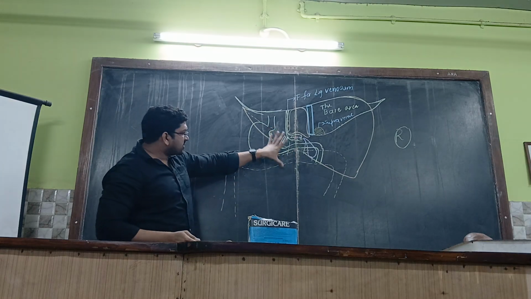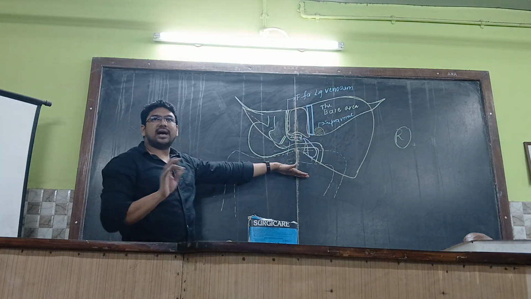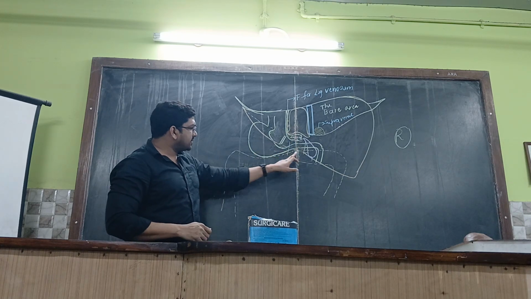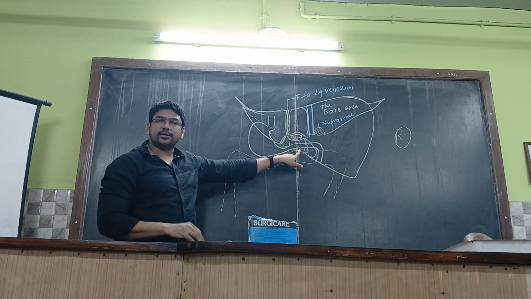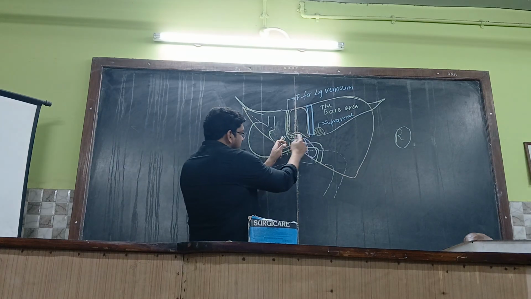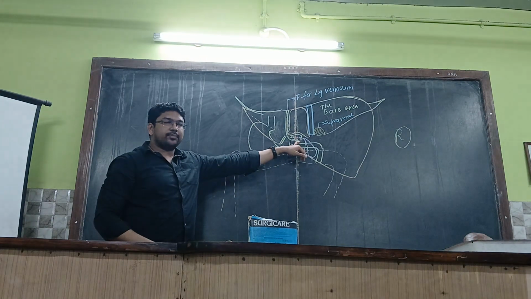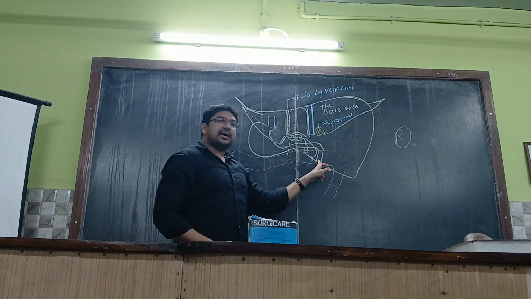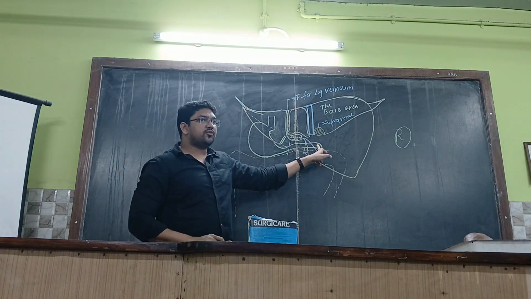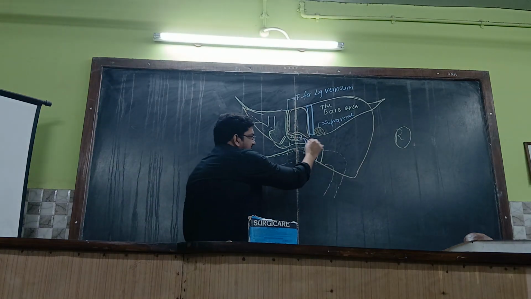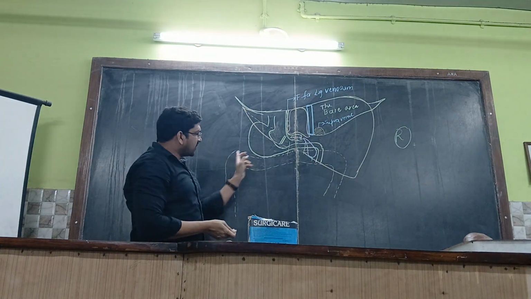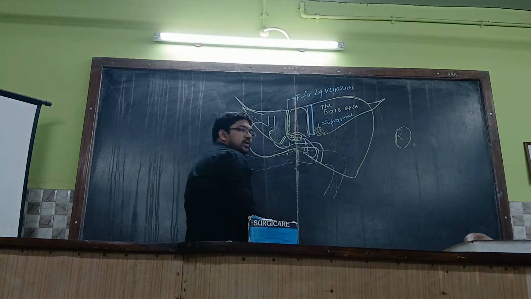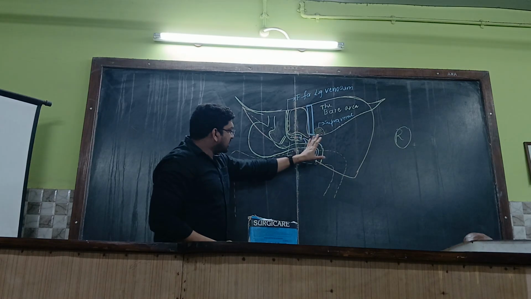But if the stomach is full, this will be pushed downwards, so you can't get this impression over the lower third of the caudate lobe over here. Only when the stomach is empty will it come in contact with the caudate lobe over here. Get it out? Right? So this is the impression over the caudate lobe over here. Okay? Right. And then this first part of the duodenum will be turning into the second part by means of the superior duodenal flexure. Anywhere this turn occurs, that is called a flexure. Colic flexures over here, duodenal flexure over here. Getting it out? So this is a superior duodenal flexure which will be related to the